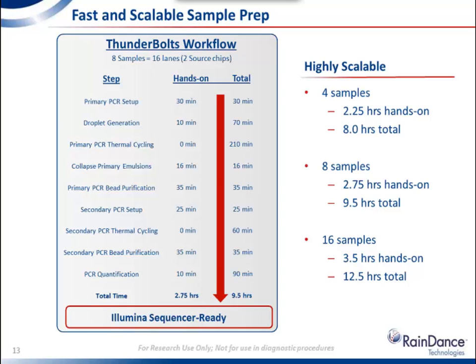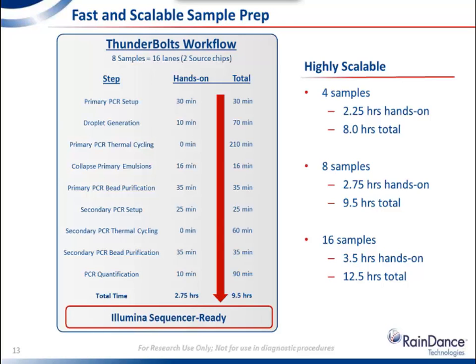You then load this onto a source, a RainDrop source, to generate the droplets. You just add the reactions to the chip, put the chip in the instrument, and hit go. It's about a 5-minute setup with about a 30-minute run. Here we have 10 minutes and 7 minutes because we have to do 2 runs for 8 samples on the source. You then just take those tubes off and directly put them into a thermocycler and do 55 cycles of